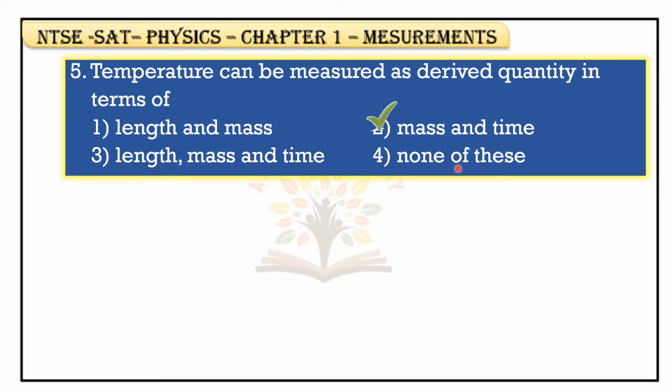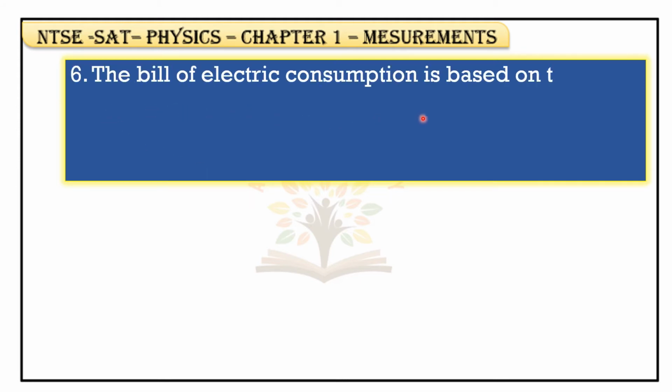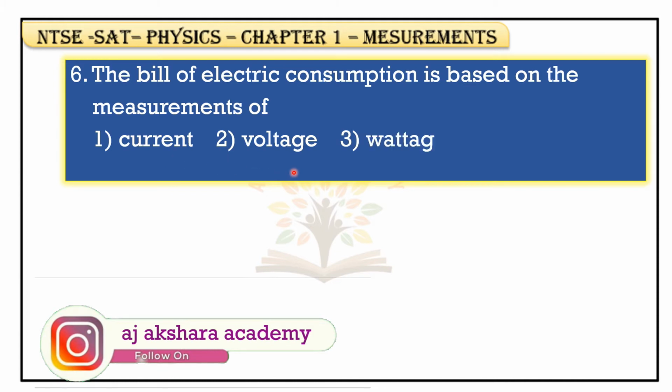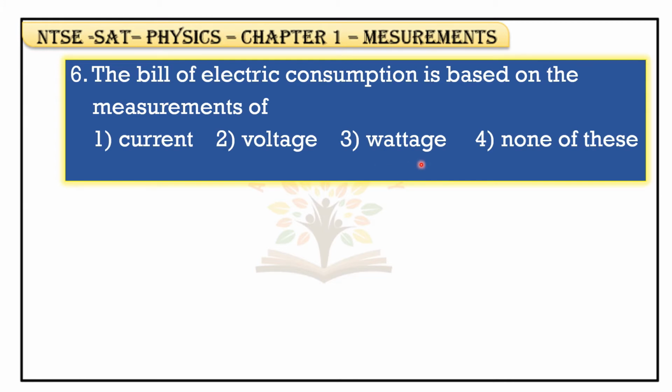Okay, next, the bill of electric consumption is based on the measurements of current, voltage, wattage, none of these. So here the bill of electrical consumption is based on the measurements of wattage. Okay, next,